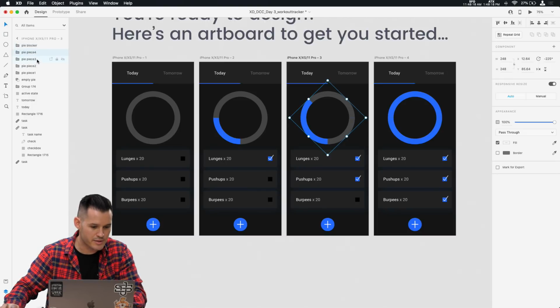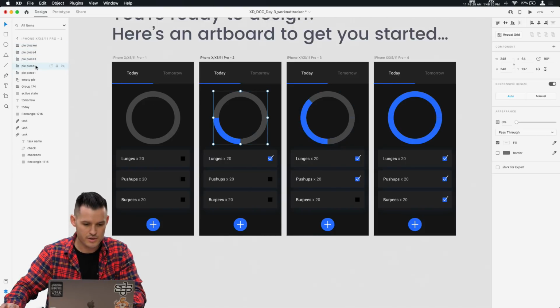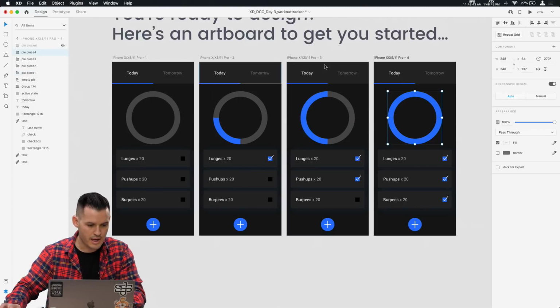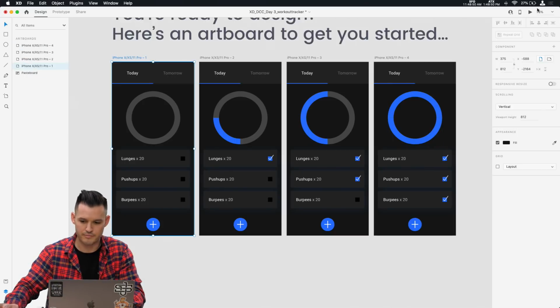Okay, so pie piece 2 through 3. Remember, we're just trying to figure out what each one is doing, each individually. So, yep, that looks pretty good. We're gonna move on now. Let's go pie piece 3 and 4, the transparency should be down, and pie piece 2 should be up. Pie piece 1 is in the wrong spot. There we go. Let's do that. And let's figure it out here. Okay. Yeah, everything should be up now. Pie blocker should be there.